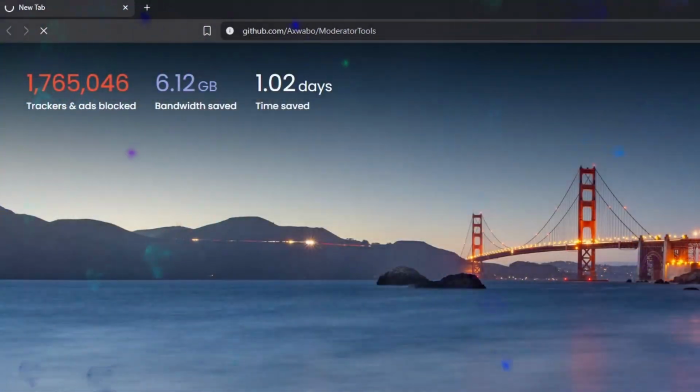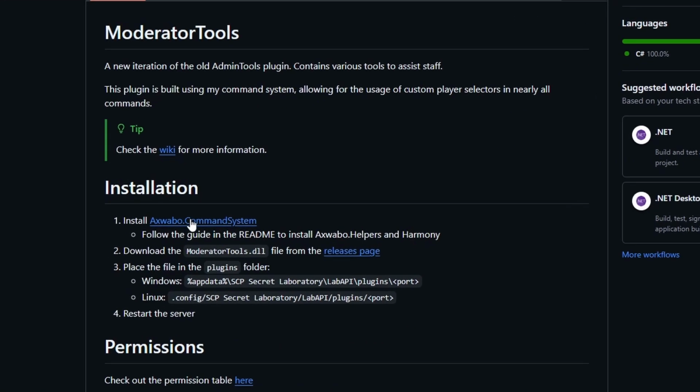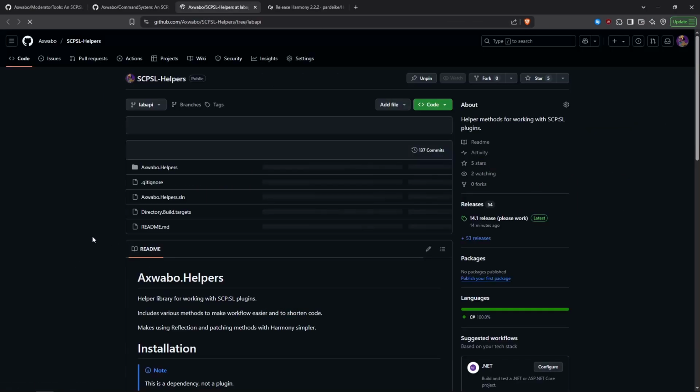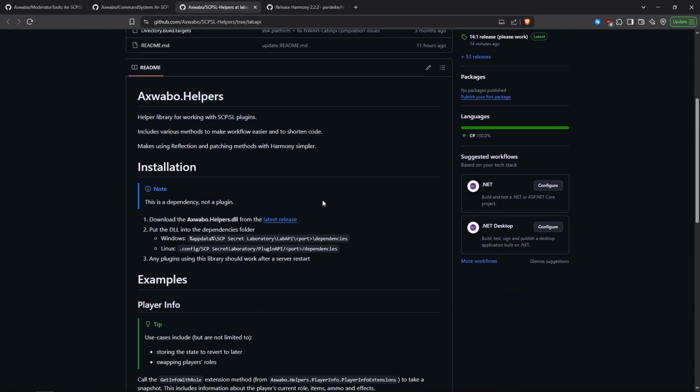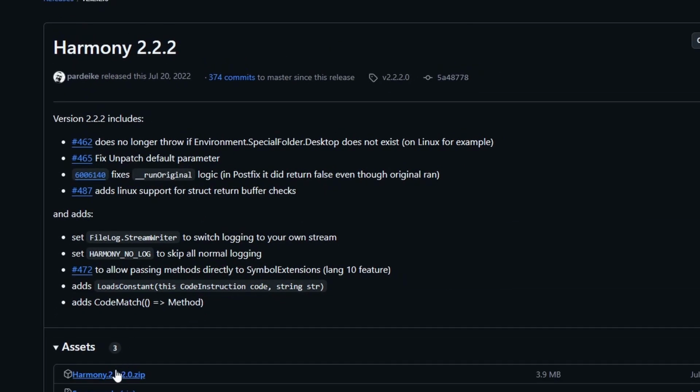Head to Axwabo.CommandSystem on GitHub. You can see the installation instructions. Open the command system repository. You'll find there are 2 more dependencies that you need to install. For Axwabo.Helpers, go to the release and download the DLL file. For Harmony, download Harmony